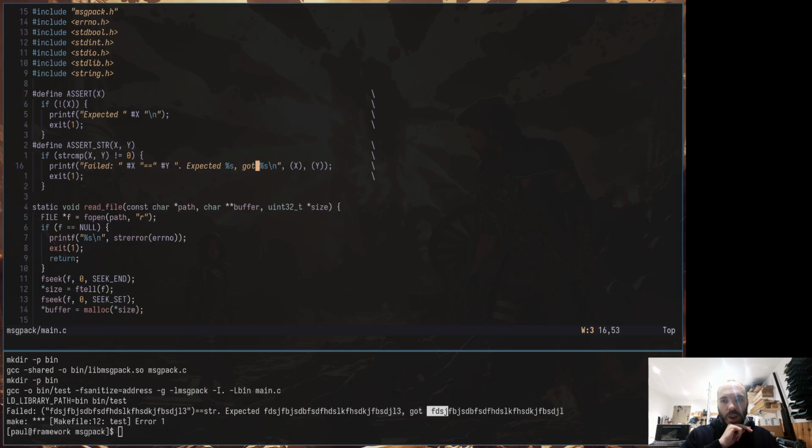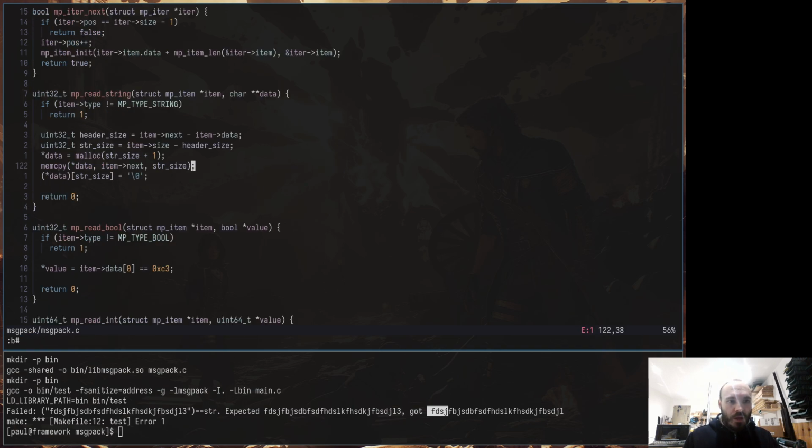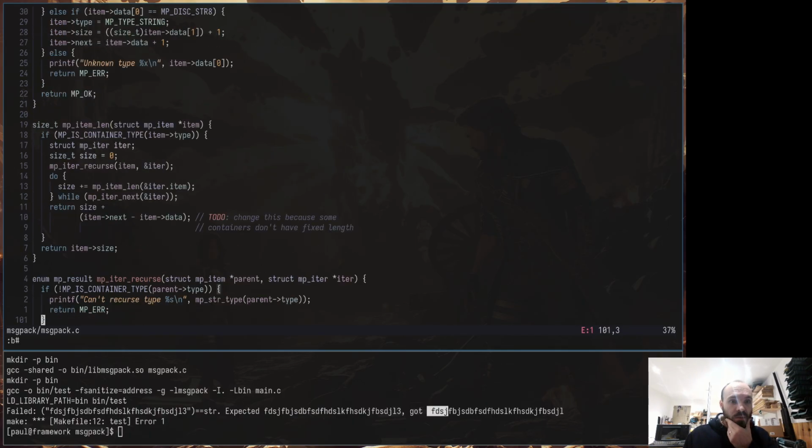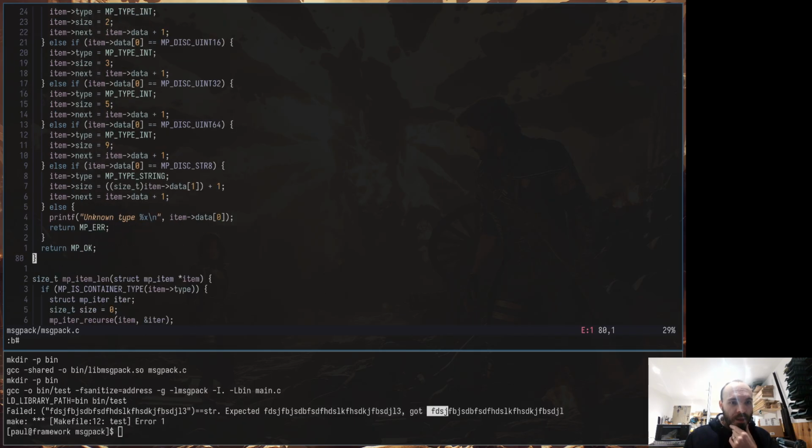Yeah, so I may be reading data instead of reading next, which would cause the exact same issue. One thing I'm not too sure about is I'm missing spaces here. Okay, so item next is what I'm reading. So is next not set properly? But next